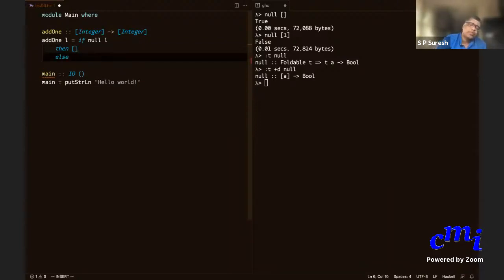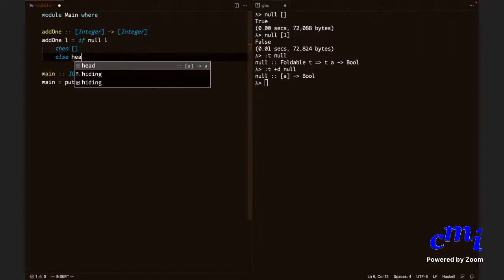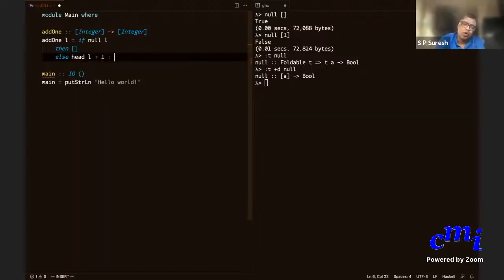Else, what do you do? How do you get the first element of the list? You have to get the first element of the list and add 1 to it. So we add 1 plus head of L. Yes, head of L plus 1. Colon is how you put the list back together.